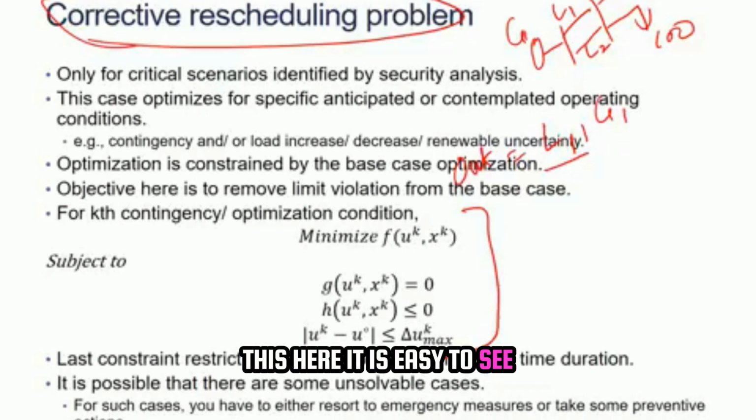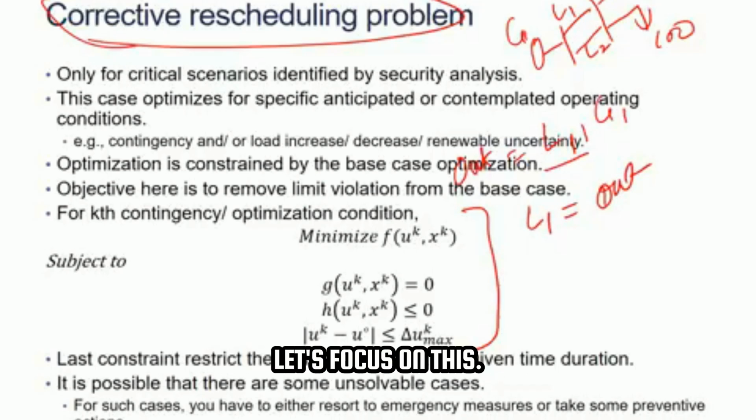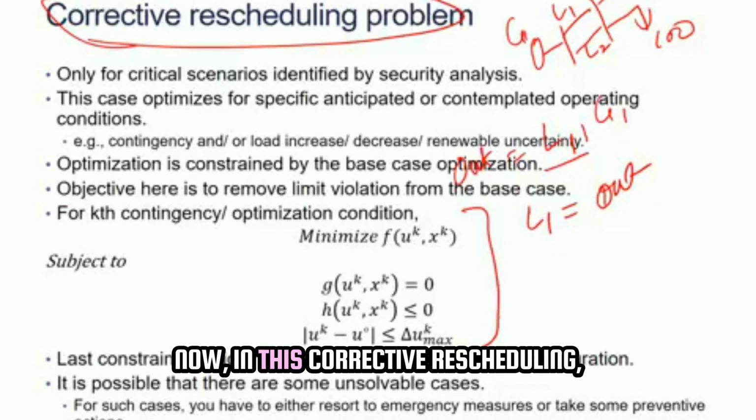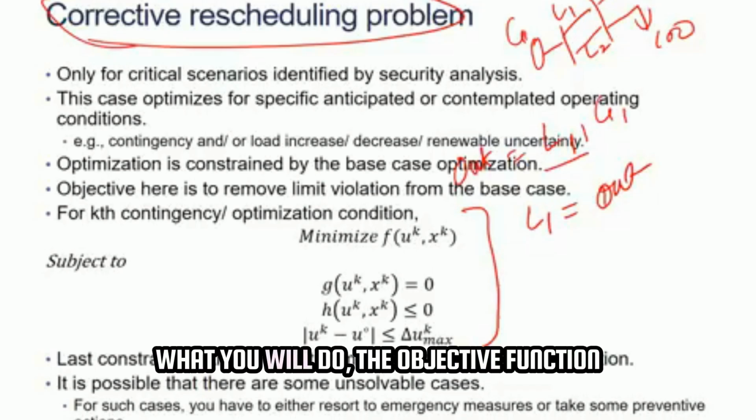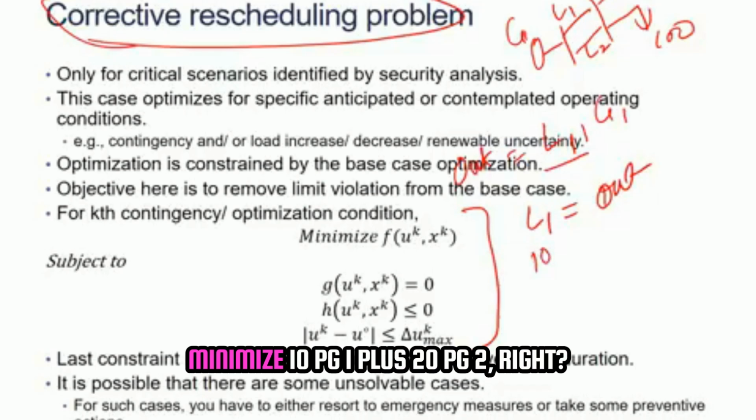It is easy to see what will be happening. Let's focus on this: L1 is out. In this corrective rescheduling, the objective function is going to be the same: minimize 10 pg1 plus 20 pg2,